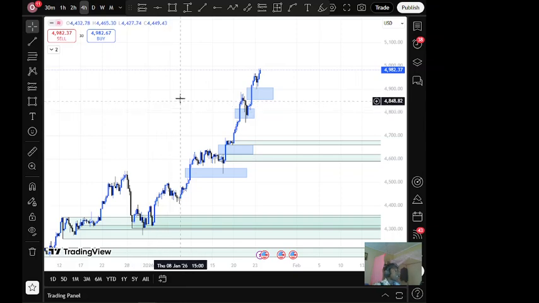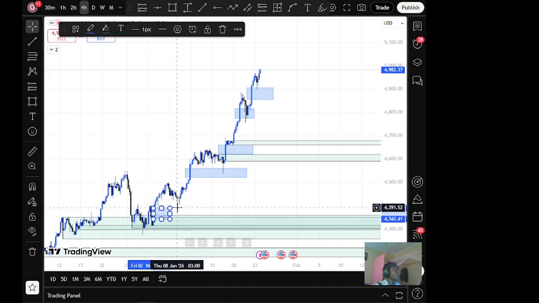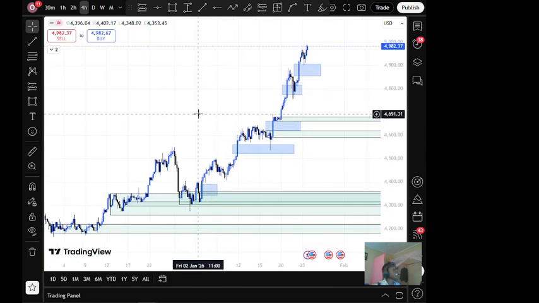So let me tell you the secret of trading gold. Gold always respects fair value gaps. Even if the fair value gap is on the higher time frame, it cannot respect all the fair value gaps. But if you look deeply on the lower time frame, like the 5 minute or the 15 minute, you'll see that for most fair value gaps, gold respects the fair value gap. Why? Because the fair value gaps